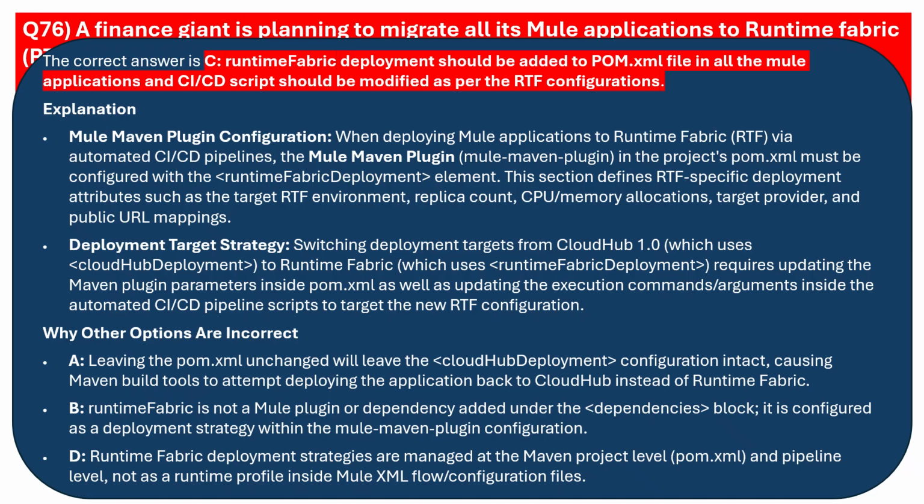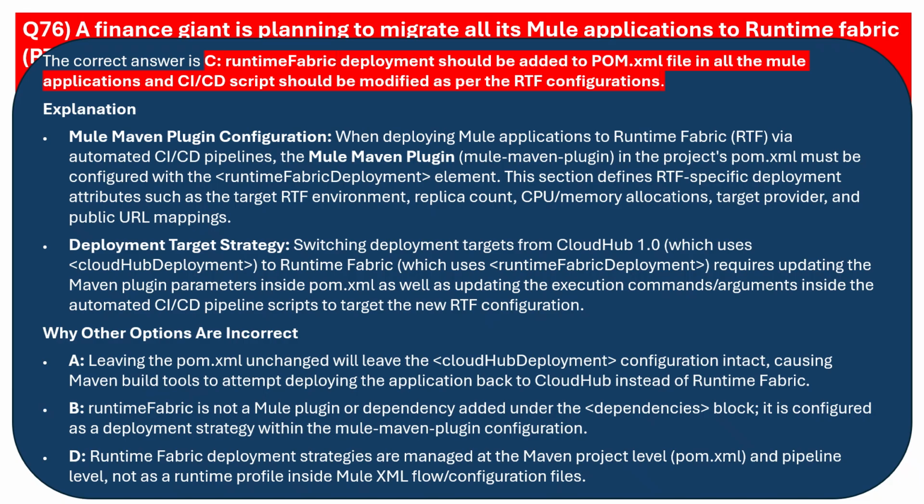Explanation: Mule Maven plugin configuration. When deploying Mule applications to Runtime Fabric, RTF, via automated CI/CD pipelines, the Mule Maven plugin in the project's pom.xml must be configured with the Runtime Fabric deployment element. This section defines RTF-specific deployment attributes, such as the target RTF environment, replica count, CPU/memory allocations, target provider, and public